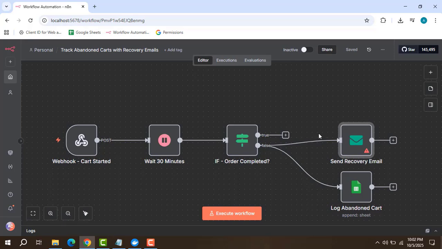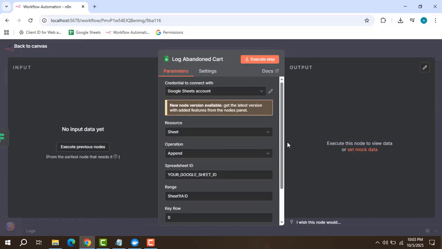And why is this node needed? This is the actual recovery step that drives the conversions. And the final node, the Google Sheet node, the log abandoned cart, will store the abandoned cart data for analysis